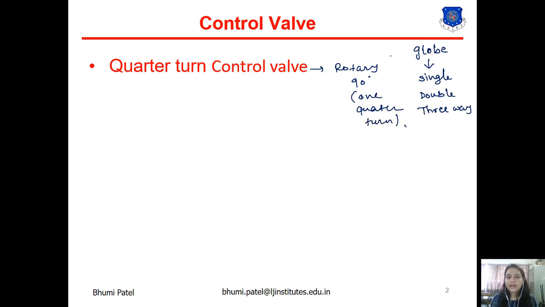So these are valves that operate using a large degree of rotation and more than two positions that are used to regulate the operation.